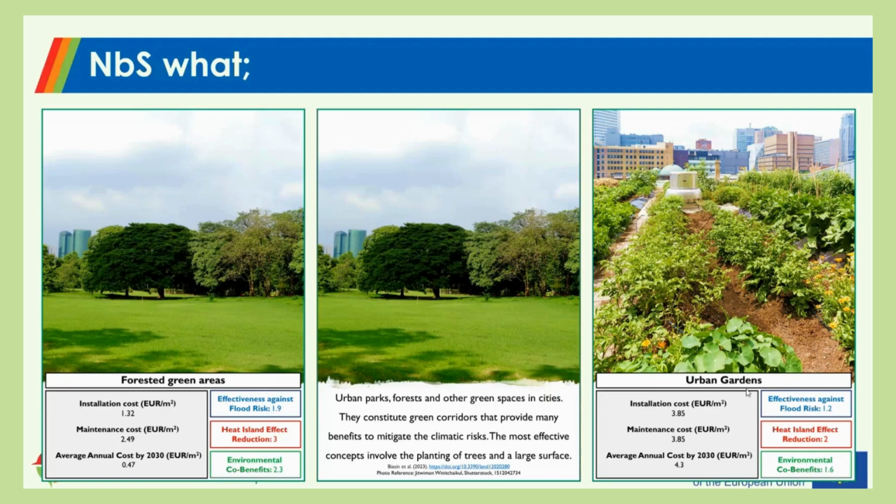For example, here on the left, we see some forested green areas. Still, they have some cost to be installed and to be maintained for 25 or 30 years. But they have some effectiveness against flood risk. They reduce the heat island effect in the cities, and they have an environmental, let's say, added value. On the back side of the cards, we have a description. And here you can see some examples of different nature-based solutions concepts, urban gardens, forested green areas, and many, many